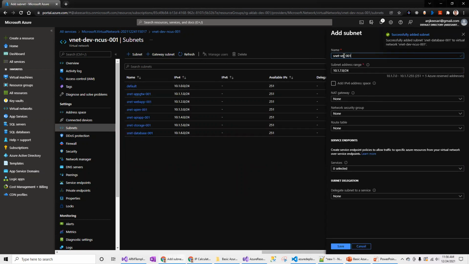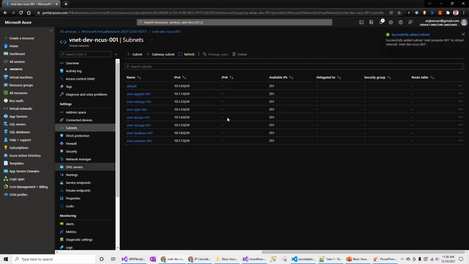And my jump VM. So that's how you will be creating the subnets within the virtual network.